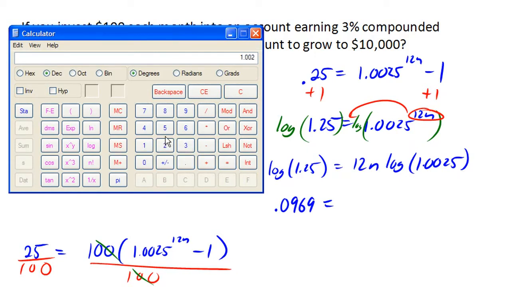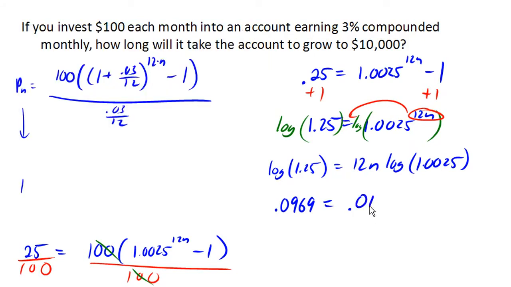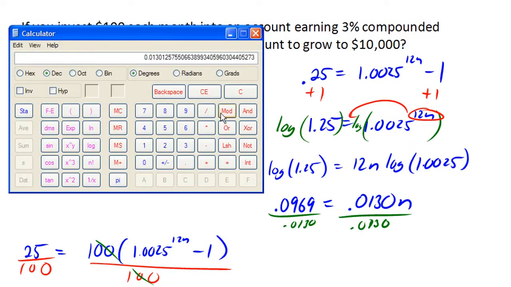Now I'm going to go ahead and multiply that by 12, so times 12 is 0.0130, so 0.0130n. So now I can divide both sides by 0.013, and let's see what I end up with. So we got 0.0969 divided by